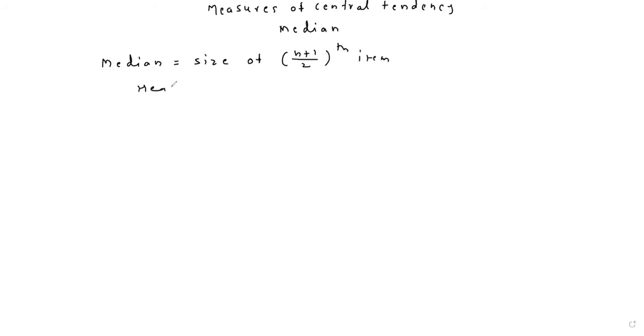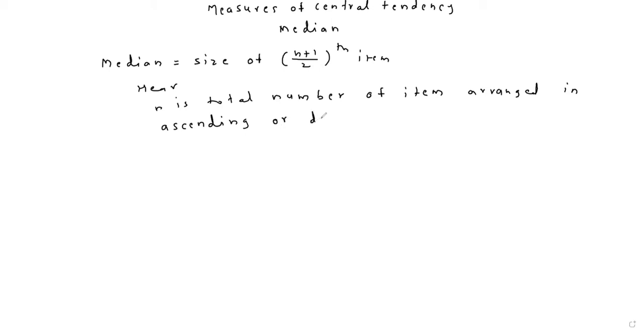Here, n is the total number of items arranged in ascending or descending order of magnitude. Fine. So